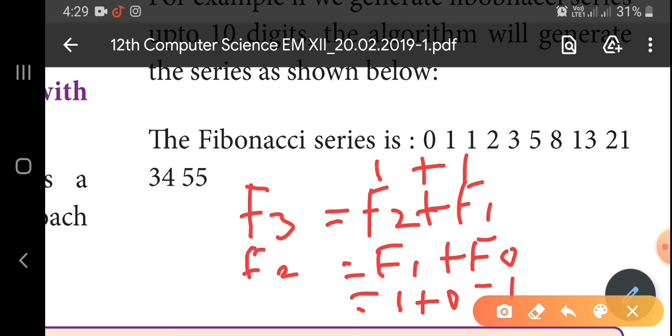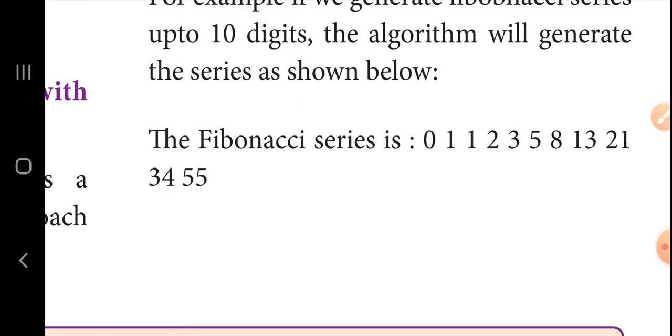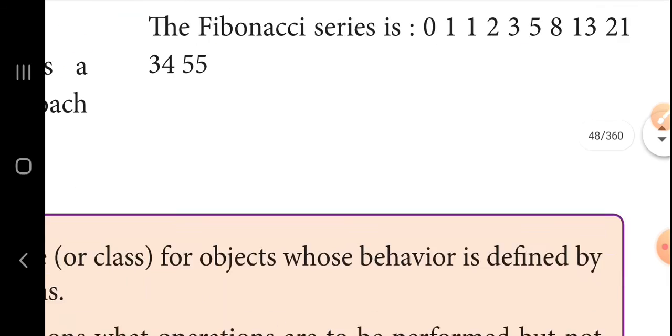Okay, so like this only the calculations can be done with this algorithm. Is it clear? Now you can understand how dynamic programming works. The dynamic programming concept is used where the solution depends on the solution of the previous stage. Okay, this is known as the dynamic programming algorithm design technique.